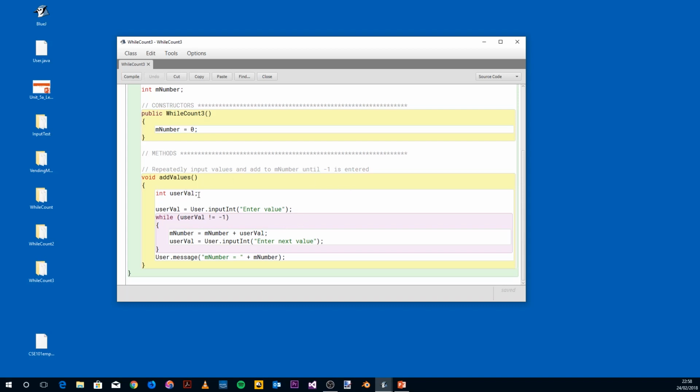We have userVal, which is used to store the values from our input box or inputInt box. We type it in first time round and store it in userVal. While that userVal is not -1, then we add the last value entered into the running total and then ask for the next value. What can happen then is that we go back round to the while loop, and if that last value typed in is not -1, we can add it on to the running total and then ask